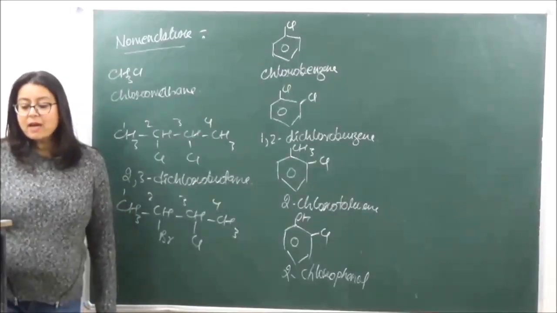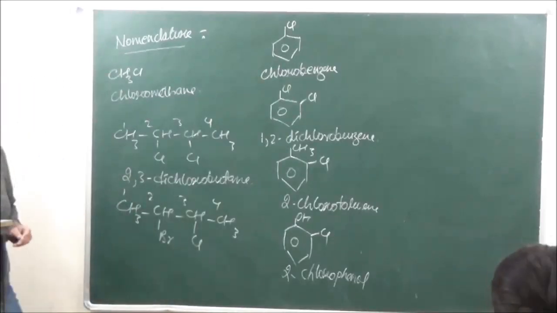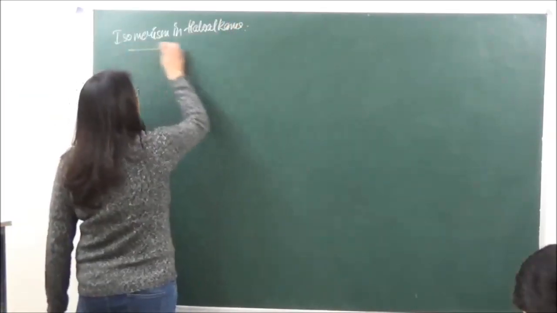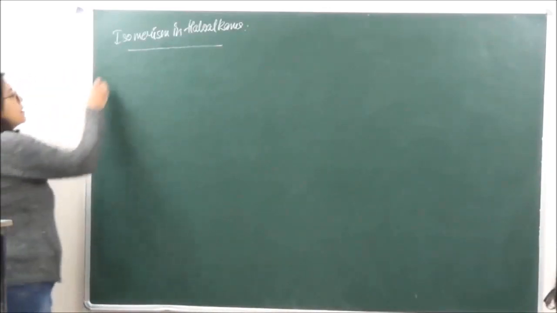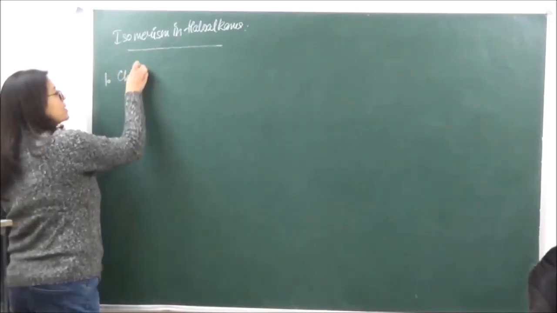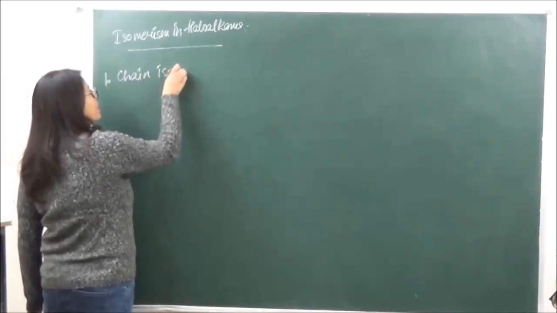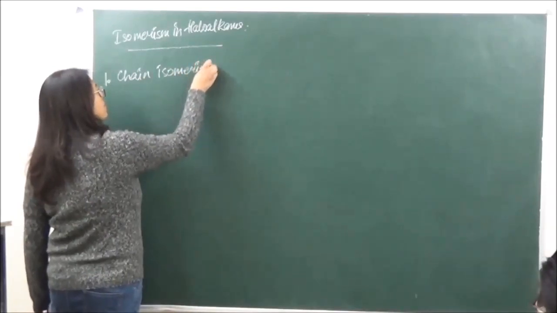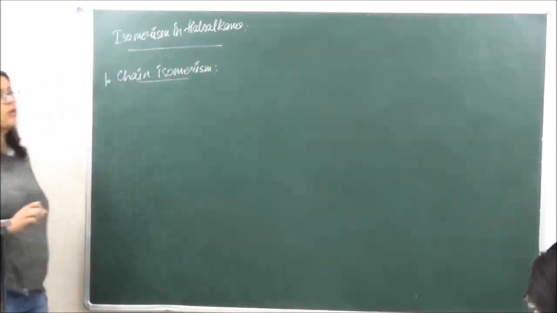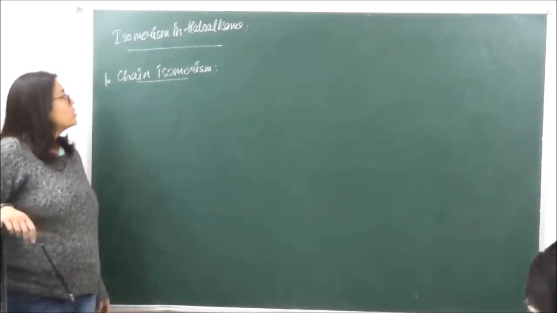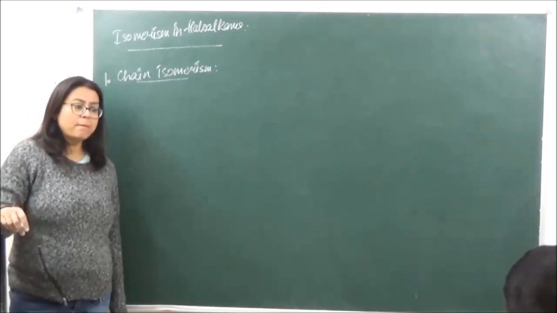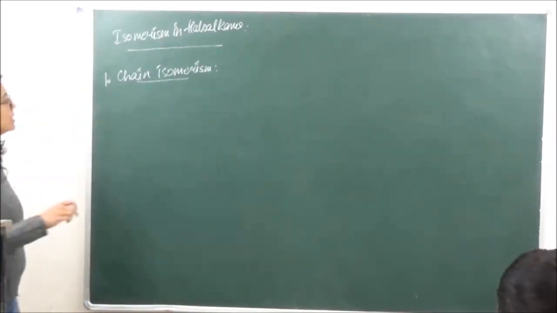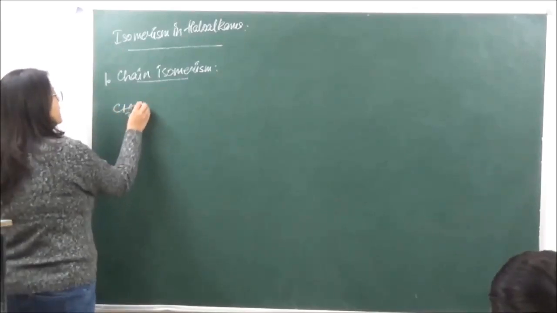Then next we have isomerism in haloalkanes and haloarenes. Basically, they show 2 types of isomerism. The first one is chain isomerism. You know what isomers are. Those which have the same molecular formula but different structural formula are known as isomers. So in chain isomerism, the molecular formula is going to be the same, but the chain is going to be different. An example which we can take over here is